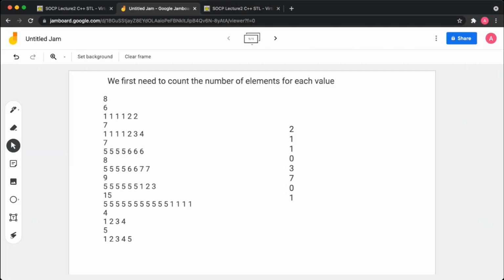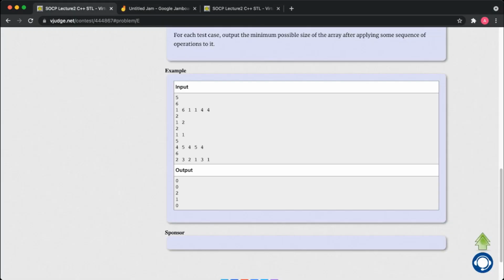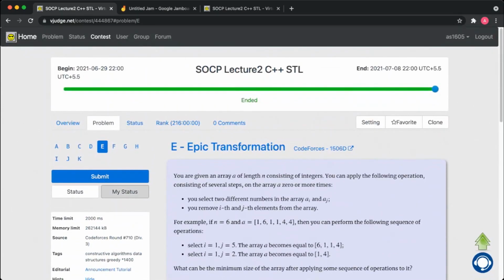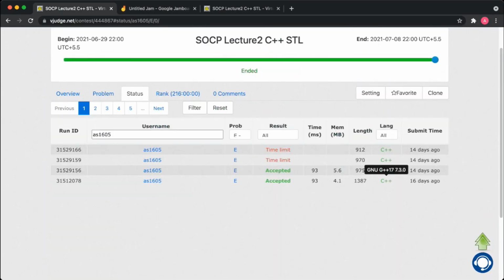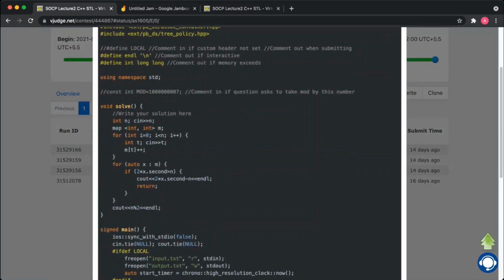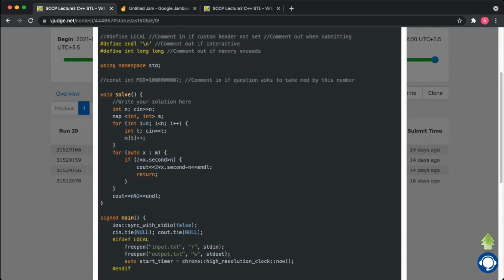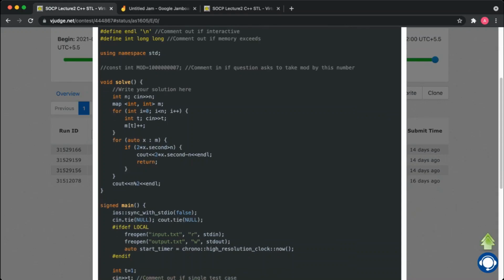And when we have to code it, we can see my code for this. Basically in the map, first we store how many of each element there are. Then for each element, we check if it is dominating the array, meaning it has more than half the elements.